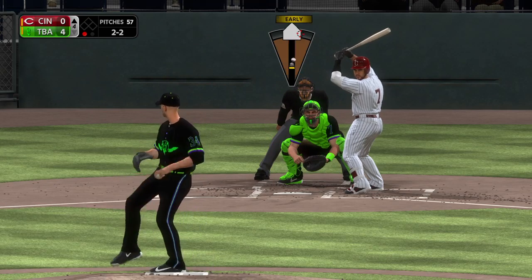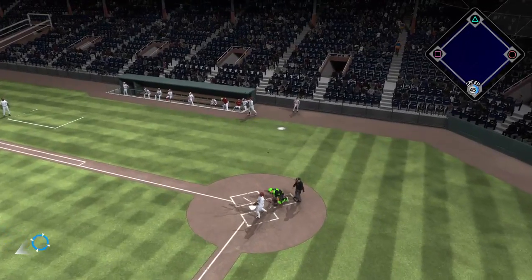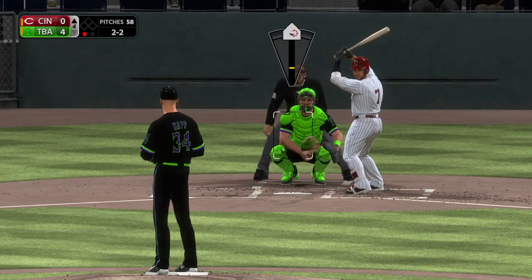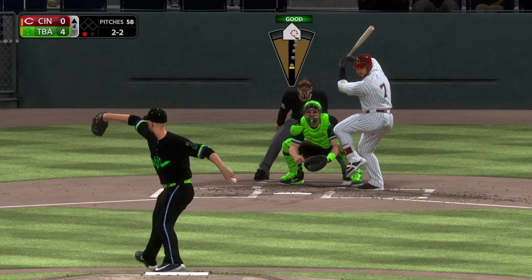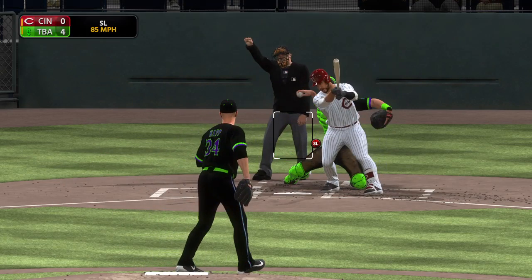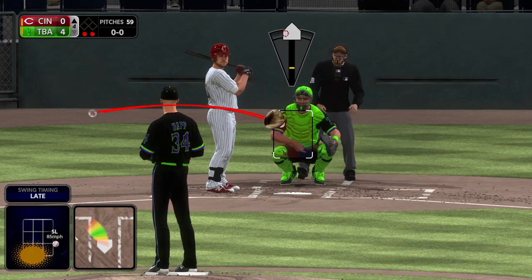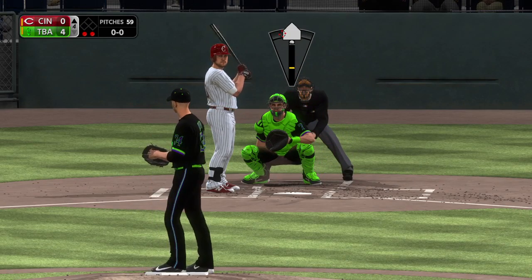The 2-2. Fouled off. The 2-2 one more time. Is a swing and a miss. That's strike 3. Into the box now, Scott Schebler will attempt to put the ball in play for a change